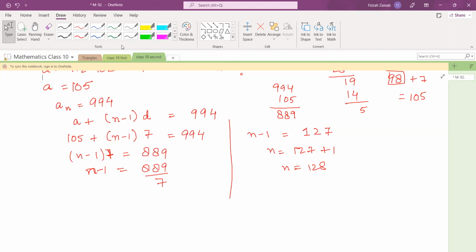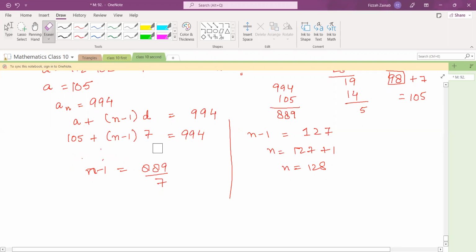Sorry. What were you saying, Harsha? Ma'am, can we take 7 to the other side without opening the bracket? No, how can you take it to the other side, right? Okay, like after this step, you are saying,